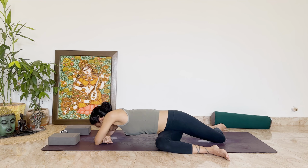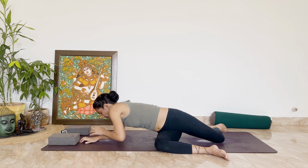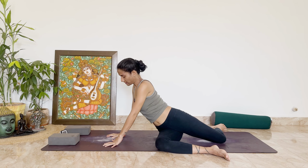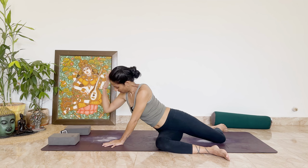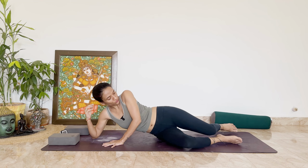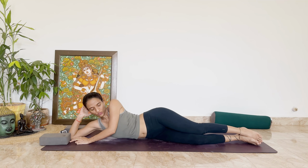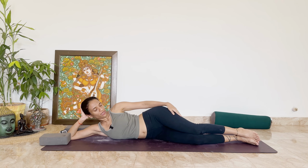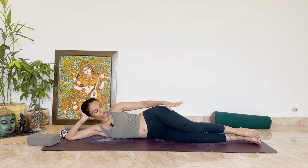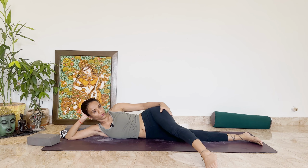And from here, you can place your palm onto the mat, lift yourself back up, and we are going to move into cat pulling its tail. So place your elbow back down on the ground, straighten both of your knees, so lying down on the side basically as much as you can, and you can just rest your head over your palm, resting on the elbow. And now take your left leg, the top leg, forward as far as you can take,